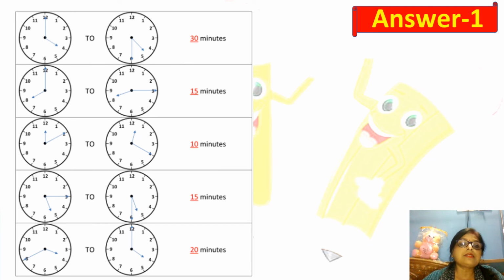Students, in the last slide, there was a question and I explained about it. Next, in this slide, this is the answer. So once again, I'm going to explain one or two more questions. Here, you are starting your work at 4 o'clock. And again, you are finishing your work at 4:30. So this time between 4 to 4:30 is 5 minutes, 10 minutes, 15 minutes, 20 minutes, 25 minutes and 30 minutes. So here I have written 30 minutes. In this way, you can do the whole sums.